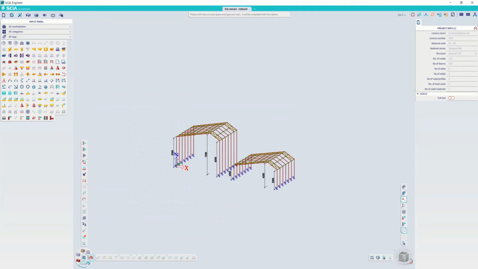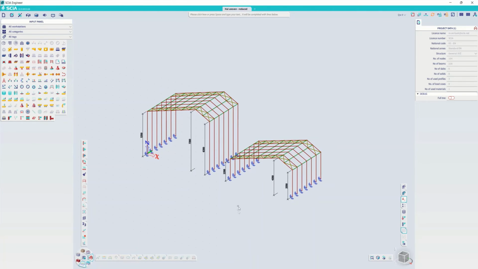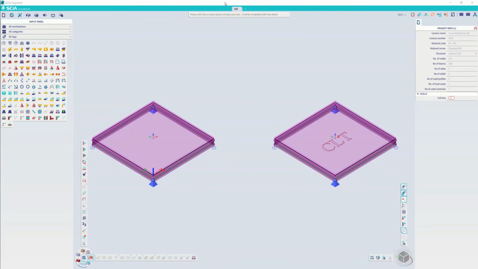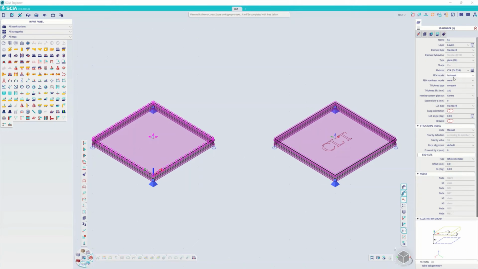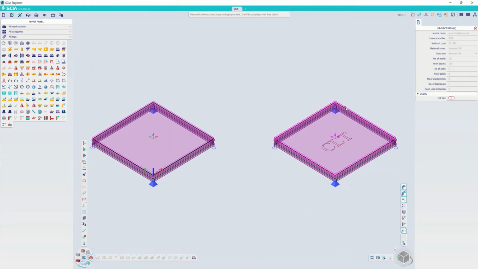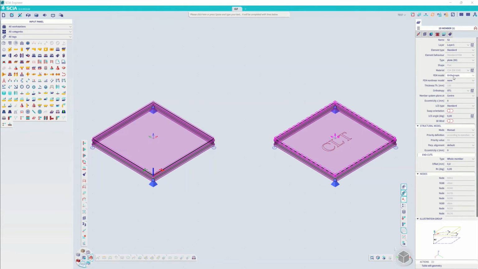Okay, so those things were more graphical or interface related improvements, but we also did some improvements on checks. The first one I want to show you is the CLT check, which we are going to implement in SCIA Engineer. And I made a little example to show you what we already did in version 22. What we did was provide the orthotropic behavior that comes with a CLT slab. So in this project, I have two slabs which are the same in material and thickness. The only difference is that for the right-hand side slab, I created an orthotropic behavior and assigned it to the